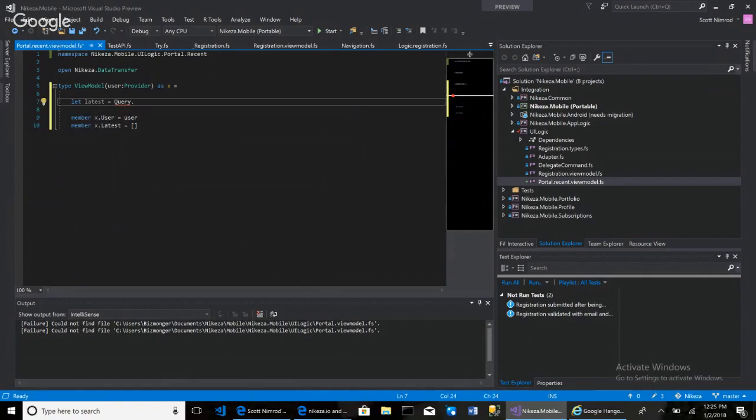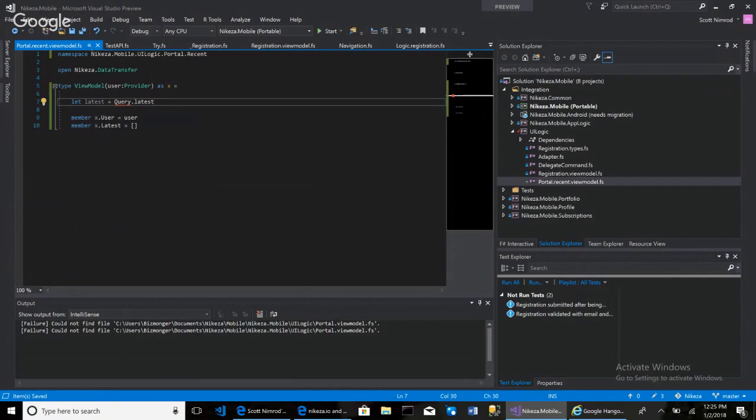I want to say query latest, like this. When I implement this, query module.latest is going to return the list of the latest feeds of a provider. Okay. Now that hasn't been done yet, but if it were done,